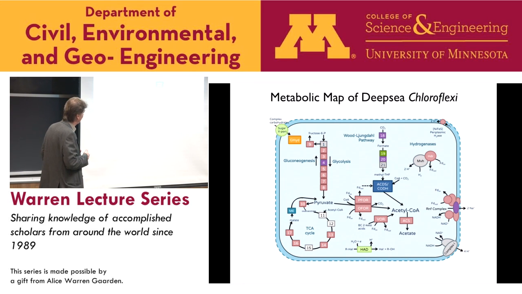To make a long story short, we think these organisms have a strictly anaerobic metabolism. Based on reconstruction of a metabolic pathway from the genes that we find in these sometimes 80%, 90% complete genomes, we have a metabolism which is based on hydrogen and on the Wood-Ljungdahl pathway. So in a sense, these organisms look like homoacetogens, for those of you in the field. What makes us really confident about this is that in all of them, we find an RNF complex.